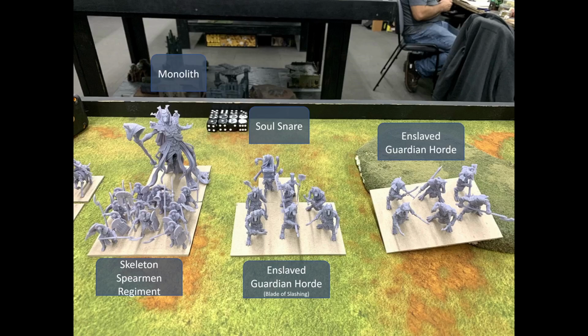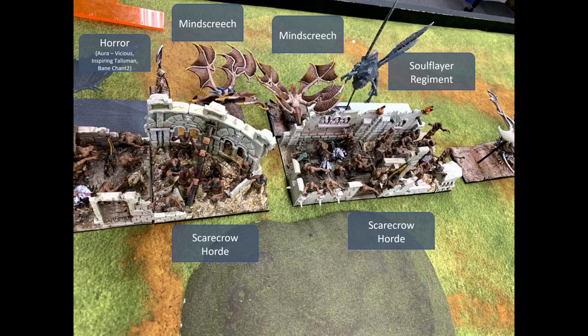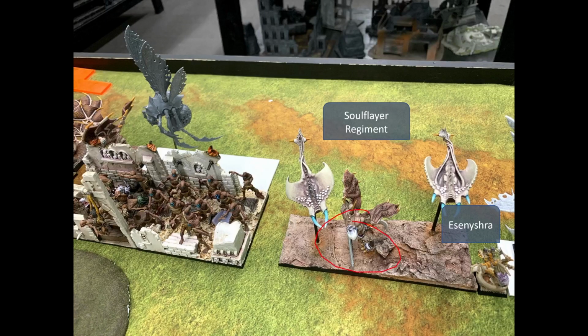So anyway, facing off against that, we have the first two Soulflare regiments. As I said, the Soulflare regiments are not going to be very pretty. We have two regiments of Soulflares. We have my Doppelganger regiment, and we have the third regiment of Soulflares. In the center of the board, we have both my Scarecrow Hordes, behind them both my Mind Screeches, the Horror with the Vicious Aura, Inspiring Talisman, and Bane Chant 2, and the 4th Soulflare Regiment. To the right of that, we have the 5th Soulflare Regiment, Esanishra, and I believe the 6th...